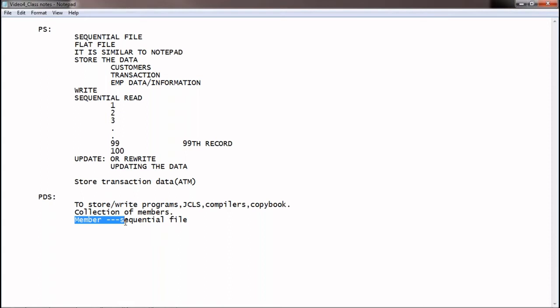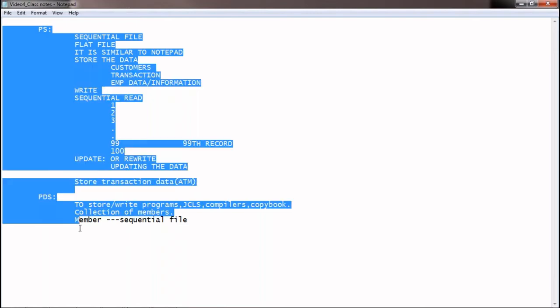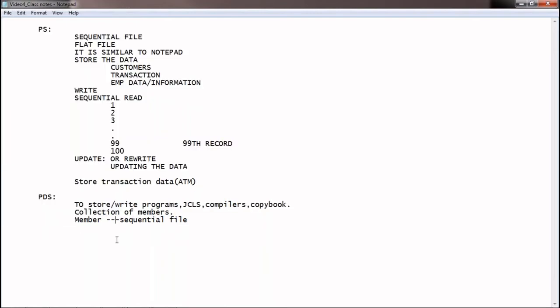But it is not a best practice, as in real time we use sequential files to store data, not a PDS. So these two are non-VSAM files: PS and PDS.